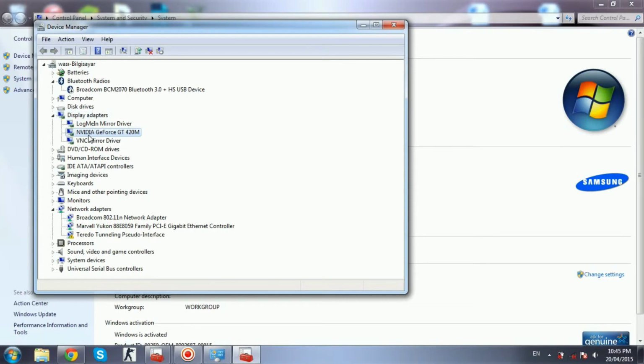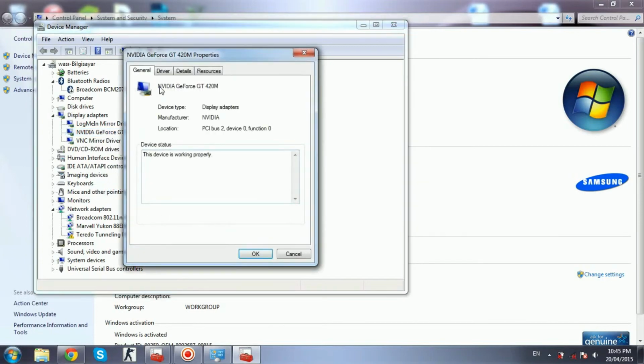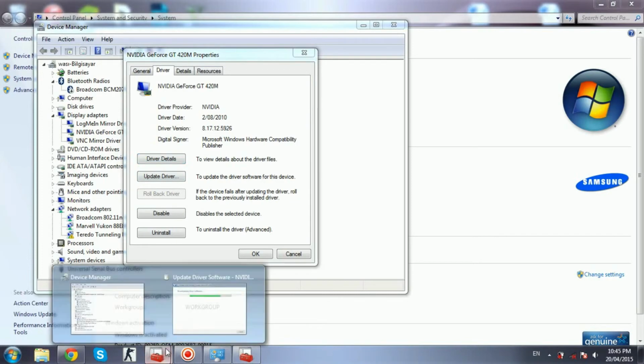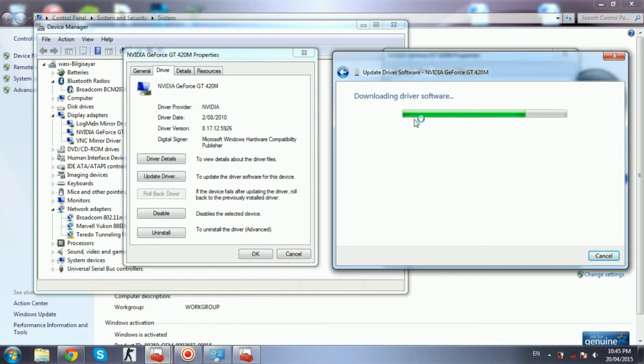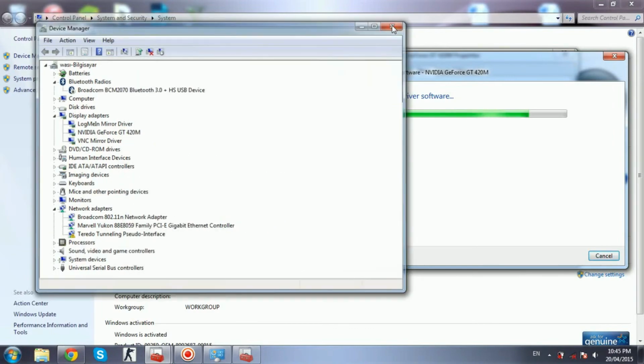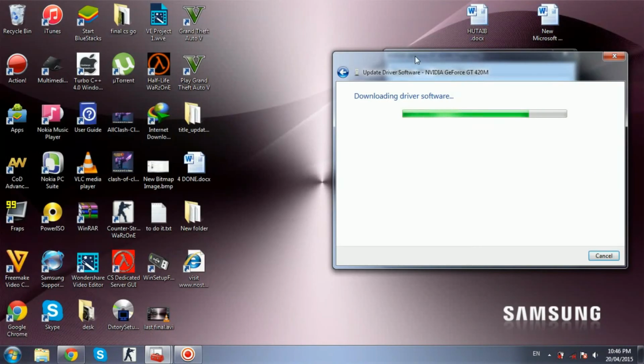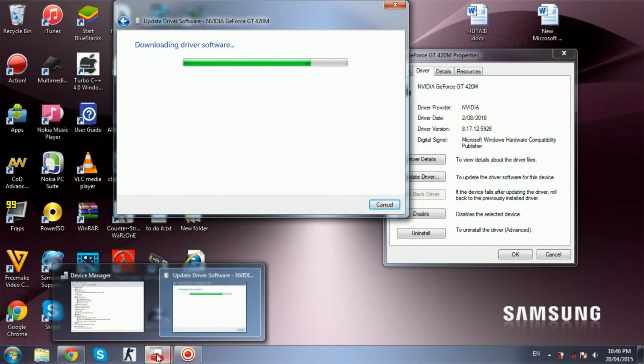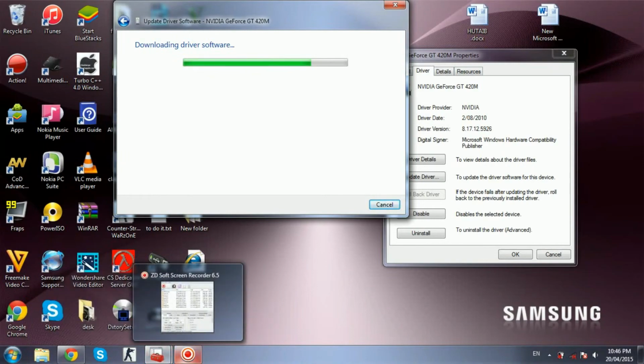I have NVIDIA, so right click it and go to properties. Make sure you click upgrade, and it should be upgraded. I'm not going to click it because it's already upgrading now. If you have already upgraded, it will say success or upgraded from before, so don't worry. Just make sure you have everything upgraded.